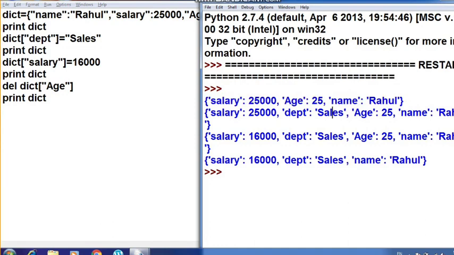The third time I have updated the salary, and the salary is updated to 16,000. And for the fourth time I have deleted the age key. You can see that age is deleted when I printed the dictionary the fourth time. So this is how you can use these methods for adding elements inside the dictionary, updating the elements, and deleting keys from the dictionary.